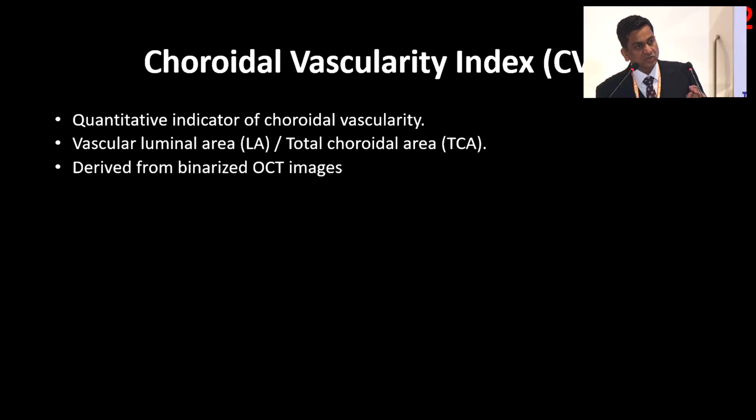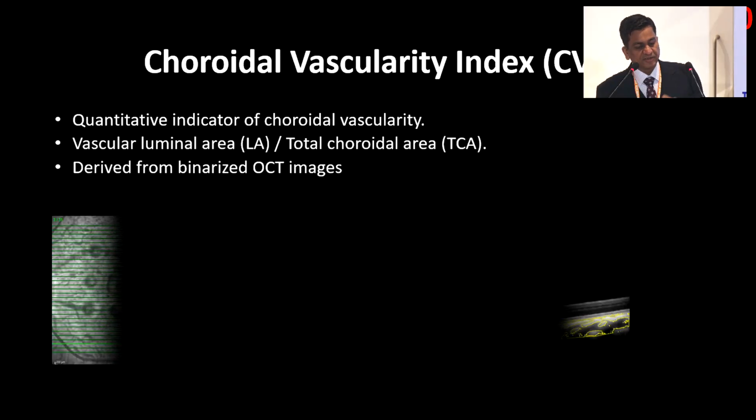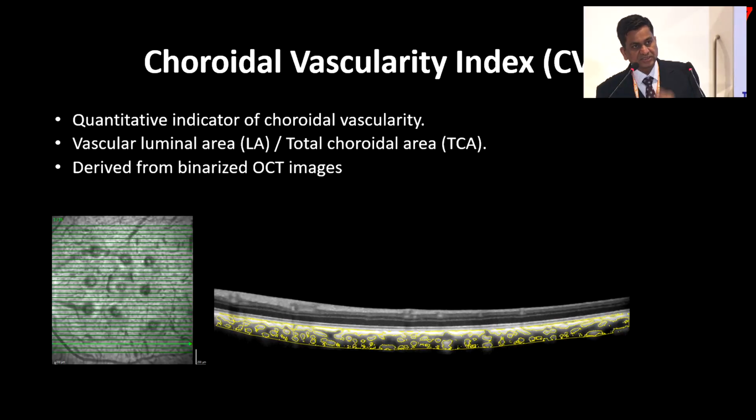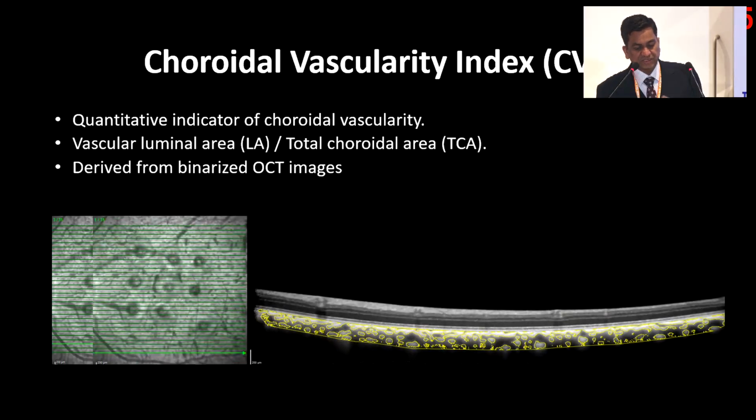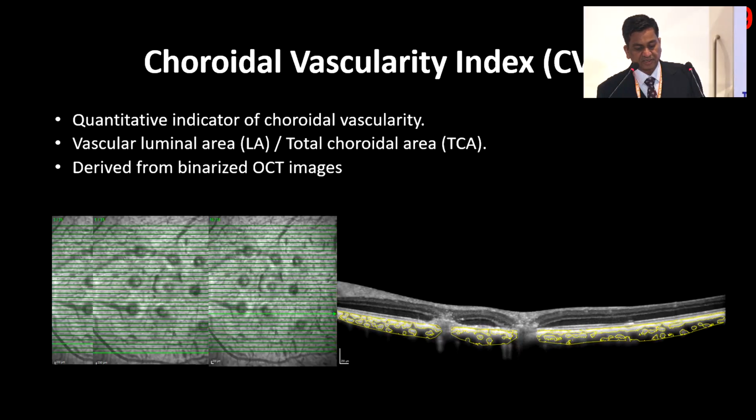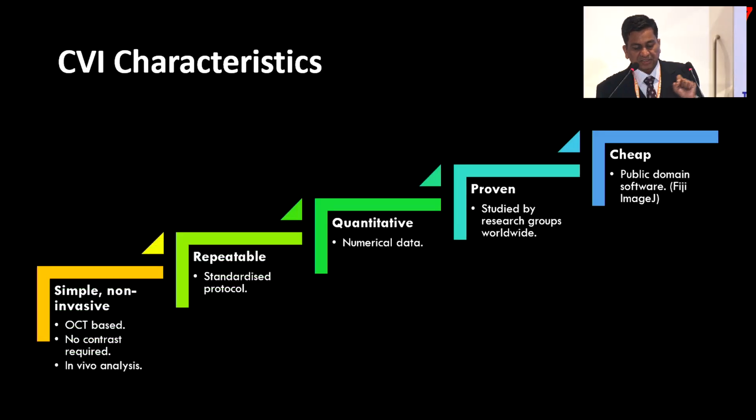But because we all love numbers, we always keep talking about how much is the macular thickness in terms of microns and all. I thought we should be looking into a number, and that is why I generated this number called the choroidal vascularity index. Some of you might be familiar. We wanted to analyze how much is the vasculature, and here you can see the segmentation in animal eyes which have undergone a laser-induced CNV,